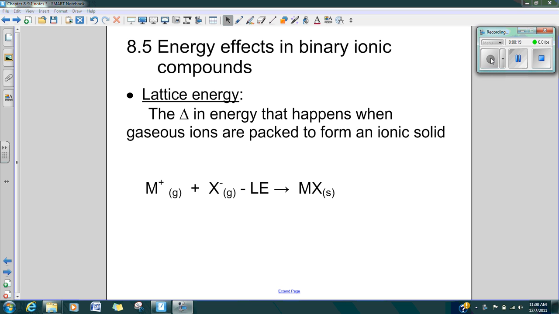Keep in mind that ionic means a metal to a nonmetal to form that compound. Well, it's not just going to happen because it happens. We have to take a look at the amount of energy that's there. That energy in an ionic compound is called lattice energy. It's the change in energy that happens when gaseous ions are packed to form an ionic solid. So what this is simply saying is how strongly these ions are attracted to create something in